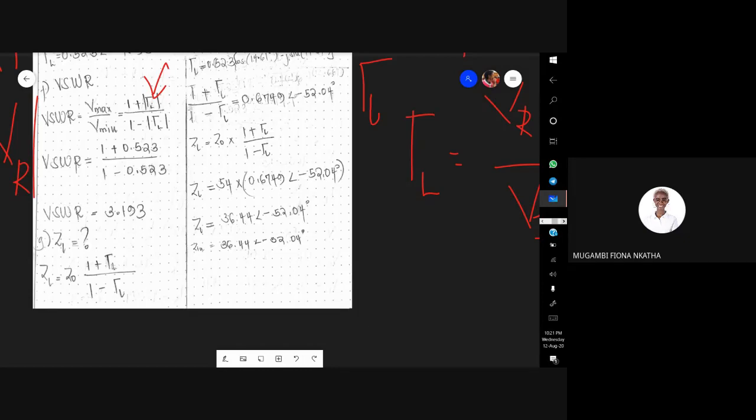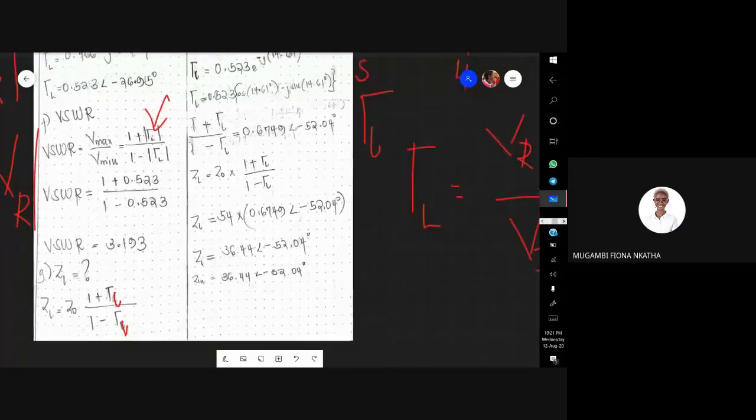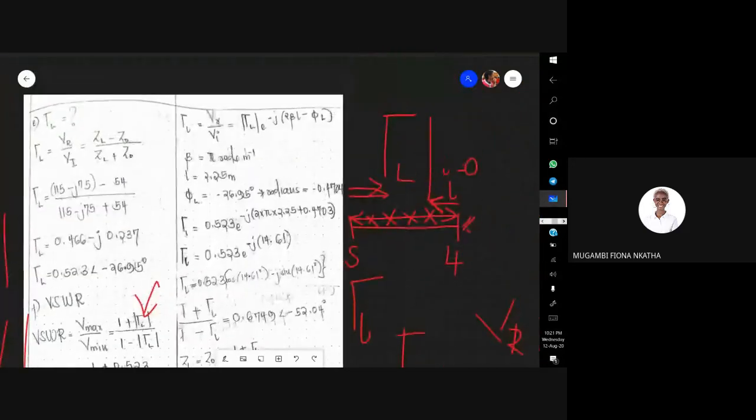Please note that this is small l, because you're looking for the input impedance at any point in the line. Then when you do that, we also know that VR. Anyway, these formulas are so many, but let me tell you,